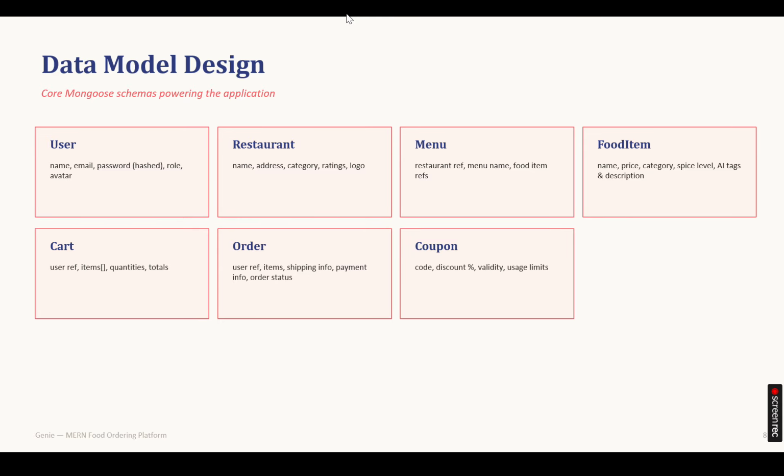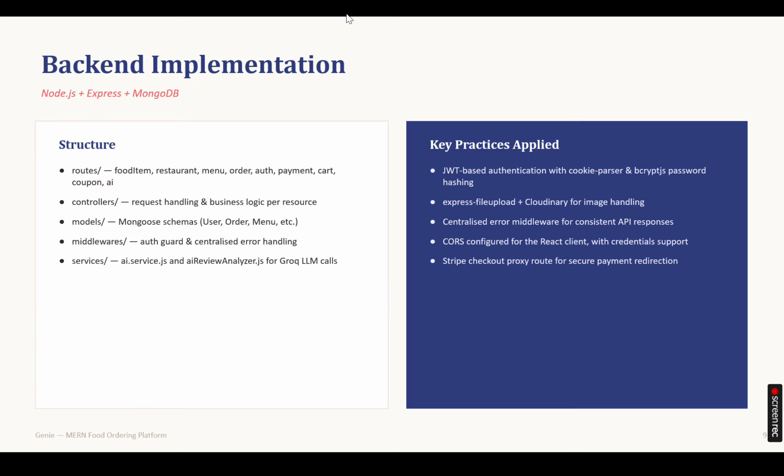The backend implementation. On the backend, I structured the project cleanly. A routes folder for each resource: food items, restaurants, menus, orders, auth, payments, cart, coupons, and AI. A controllers folder that holds the actual business logic for each of those, models for my Mongoose schemas, middlewares for authentication guards and centralized error handling, and a services folder containing my two AI service files that talk to the